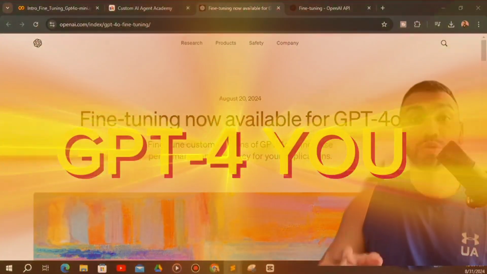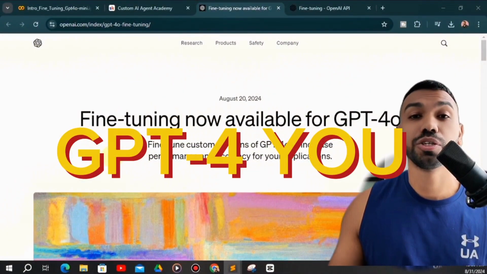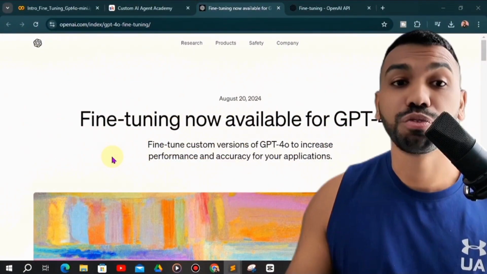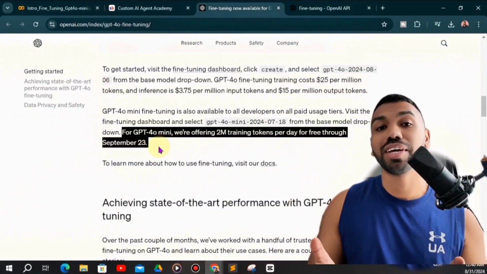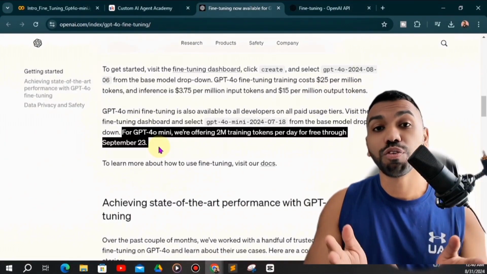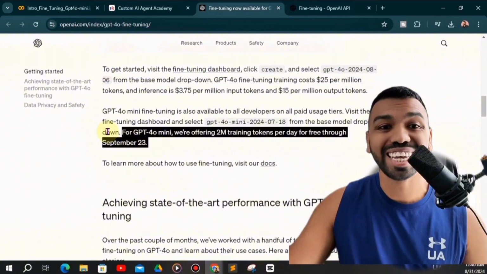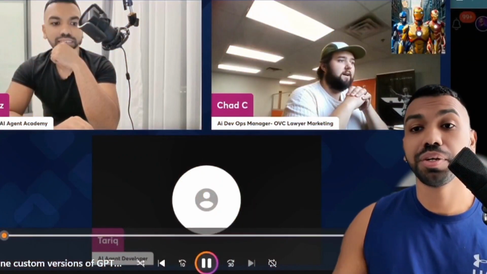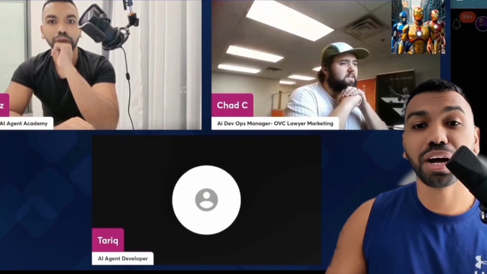Ready to create GPT-4o? What if I told you you could create your own custom AI models for free? That's right, OpenAI is giving away 2 million tokens per day to fine-tune your own GPT-4o mini. In this video, we're diving into fine-tuning, sharing expert insights, and showing you how to supercharge your AI projects without